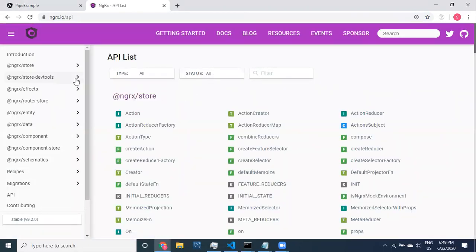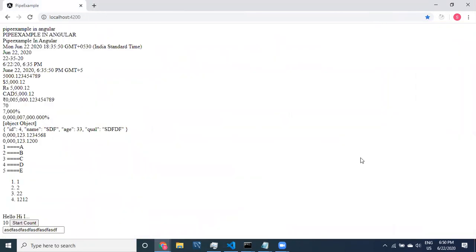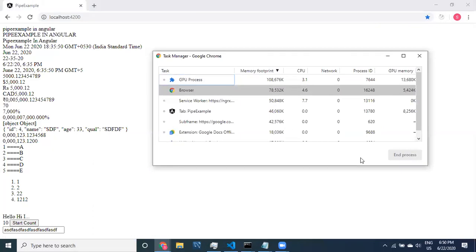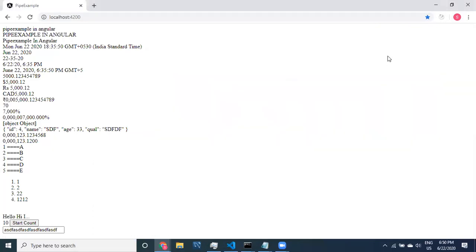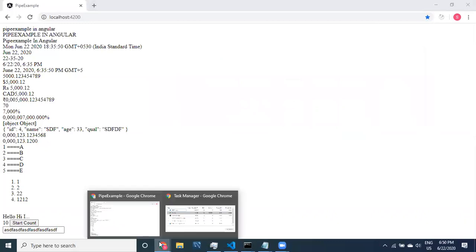See here, guys, there are so many. This is the NGRX store. I'll show you that API later, guys. Angular NGRX data is different. I'll come to that API.